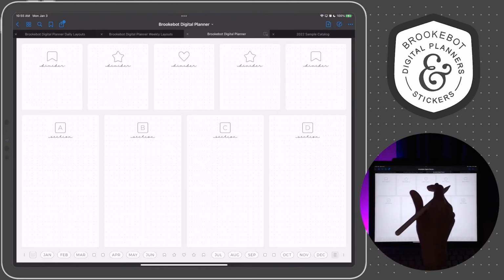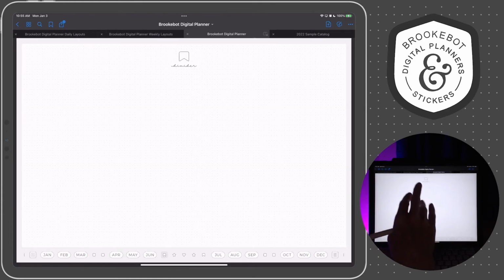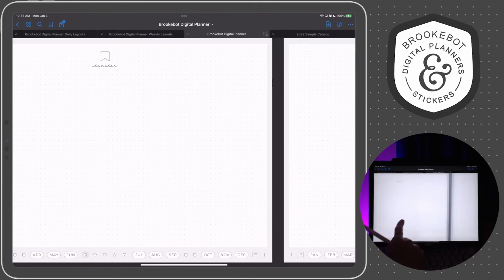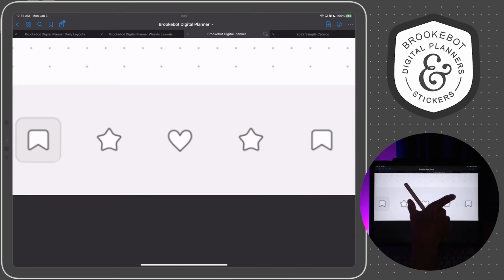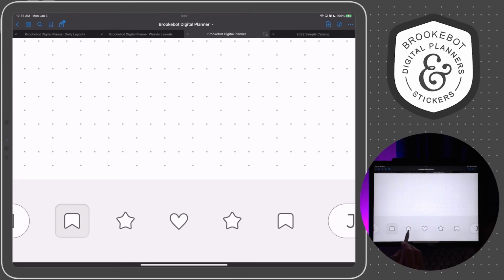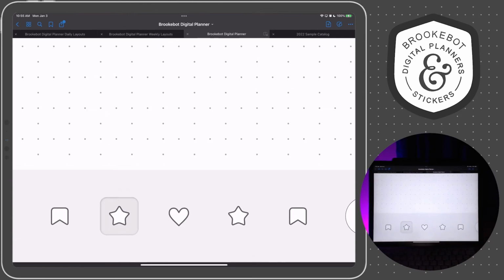The storage sections are kind of meant to stay in place. And the bookmark dividers are actually meant to move around in your planner to the pages that you use the most often. They are represented in the navigation bar by 2 flag bookmark dividers, 2 stars, and then 1 very special heart.